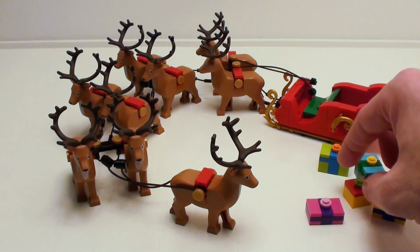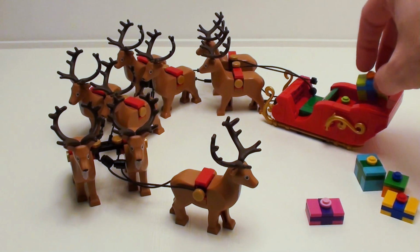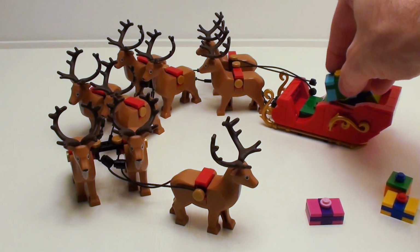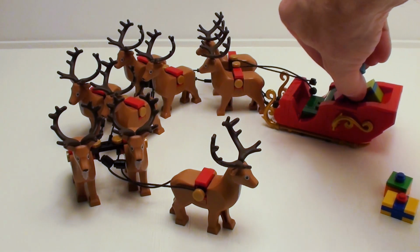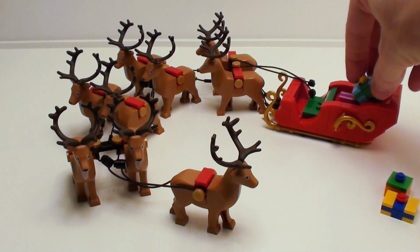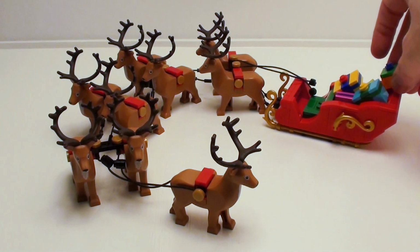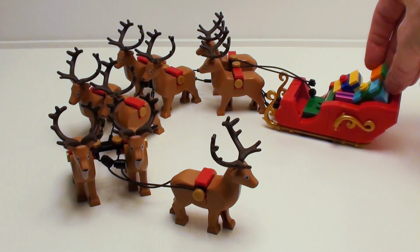Now let's set our gifts inside the sleigh. You can just throw these anywhere you want. Just set them in there. Just pack it in. Let's throw this one in there. I think I may have made too many gifts, but you can never have too many gifts to give